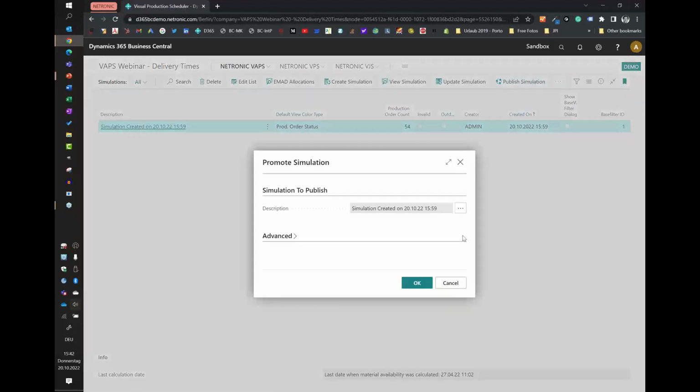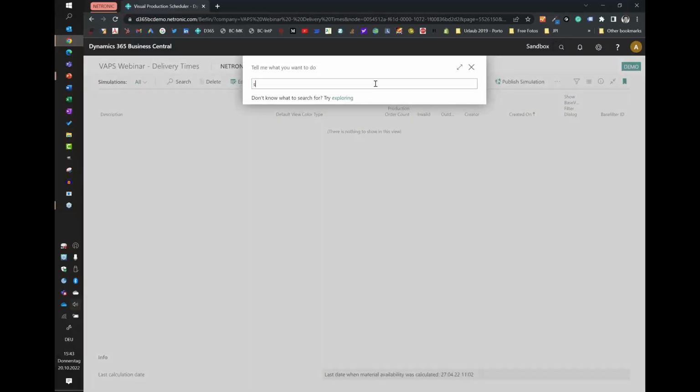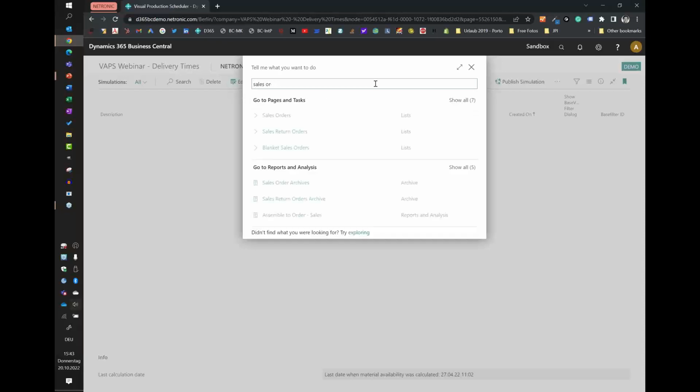And then I can publish the simulation. We would update the production accordingly, and everything is planned as we wanted, and everything is now scheduled as we communicated to the customer. So we have a very closed loop from the sales order over the planning worksheet to the production order. And also if we go to the sales order,